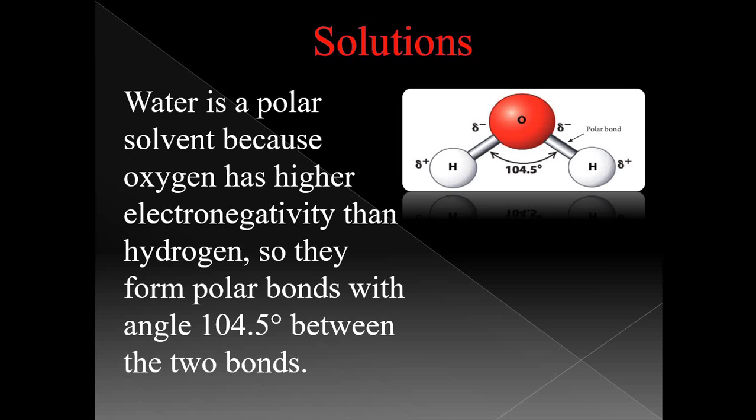We need to remember now that water is a polar compound, and it's considered a polar solvent as well because it has the ability to dissolve a lot of polar compounds. And we already know that the bonds between the oxygen and the hydrogen are polar covalent bonds. This is because the oxygen has higher electronegativity than hydrogen. So these bonds are polar and the angle between them is